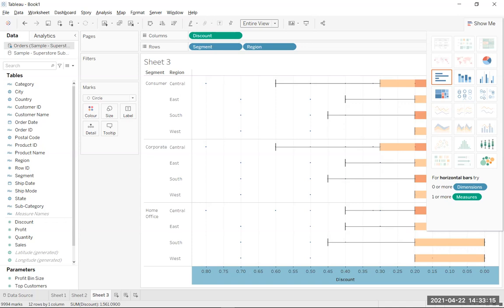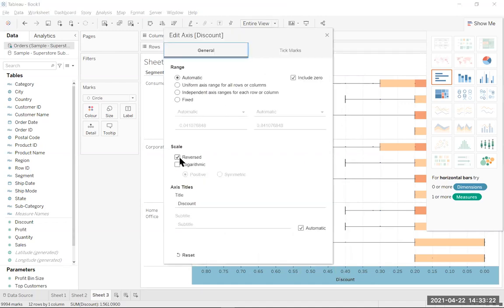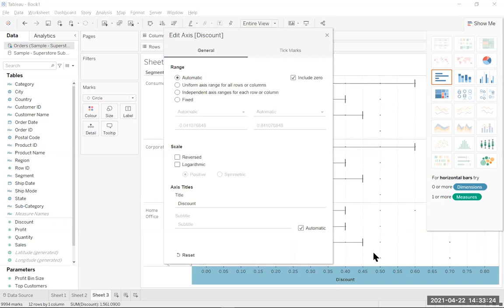I think I did the reverse, right? So you can actually do the edit. I think just now I put the edit, and you can unreverse. So that's